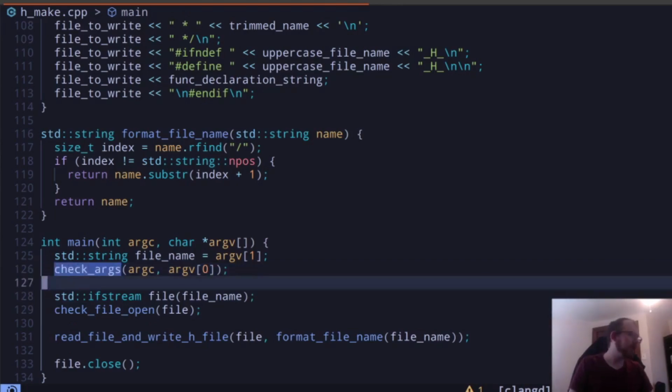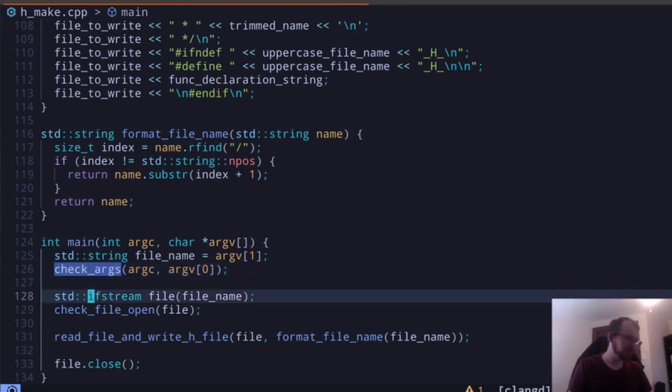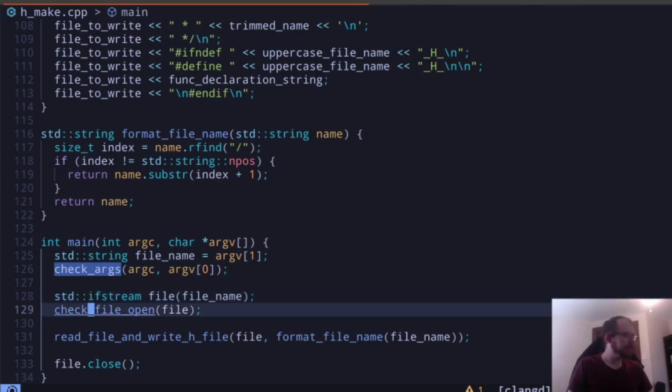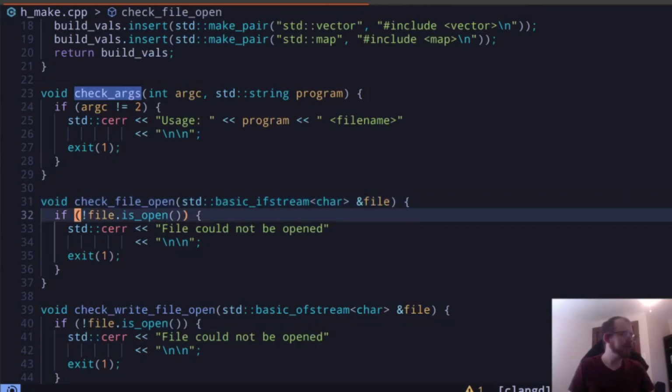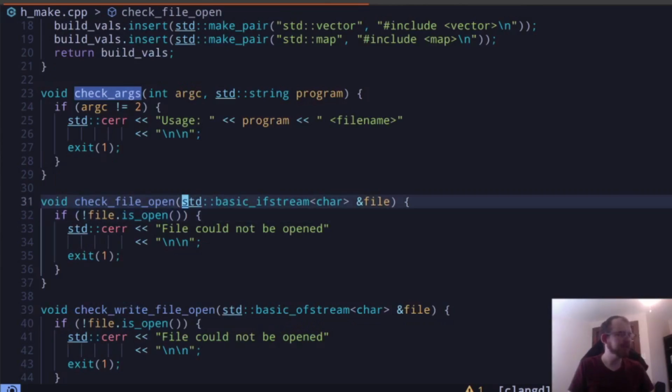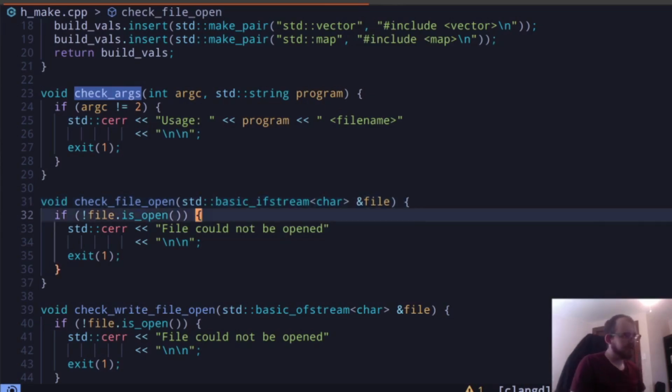Good. Then we create a file that allows us to read from it, which is this if stream. I'm not quite sure why it's named that yet. That's fine. And then I want to check to make sure the file's open. Again, that's an error check, so I have that here. I'm passing in a reference to the file. If I try to pass in the actual file, it yells at me. It's like, hey, you can't do that, so I pass in a reference to the file. And if the file's not open, then,